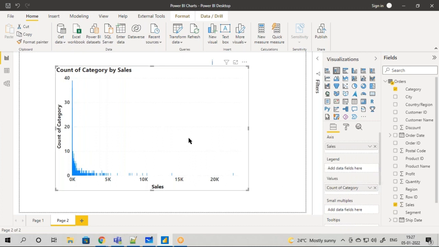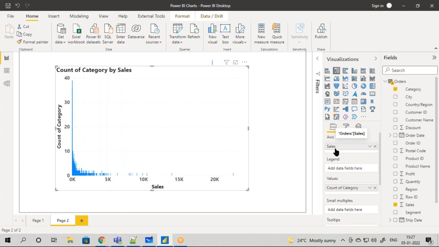Again, this is going on toss. Even though I have used a categorical data with the numerical data, by interchanging the axis, again, this is not working. Power BI doesn't tell whether it's right or wrong. It will plot it, but it is you who have to decide whether this chart is readable or not.